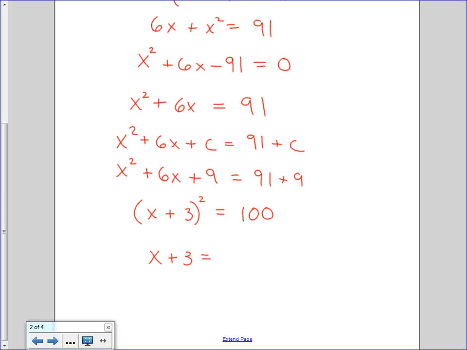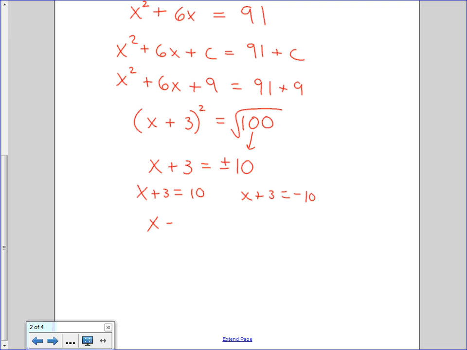The square root of 100 is plus or minus 10. So our two possible answers for x are x plus 3 equals positive 10 or x plus 3 equals negative 10. We're going to solve both of these, but only one of them makes sense. This is not my length and my width here. Obviously, we couldn't have negative 13. The negative 13 is one of the possible answers for x, but it doesn't make sense in the context of